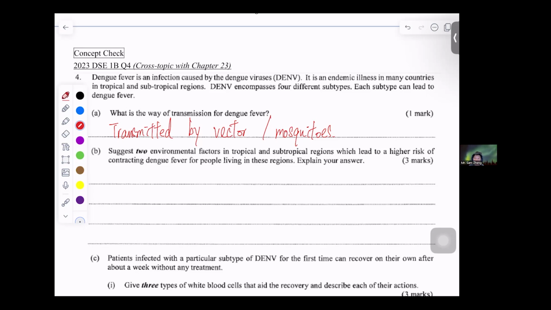So therefore, for example, in fact the mosquito does have faster growth, or it may be more active when the temperature is warmer, compared to some non-tropical or non-subtropical regions. Because in these non-tropical areas, or maybe some very cold areas, the temperature is very low, so they will have a very low metabolic rate. So in this case, they will not be that active. Okay, so therefore, the first mark would be the mosquito